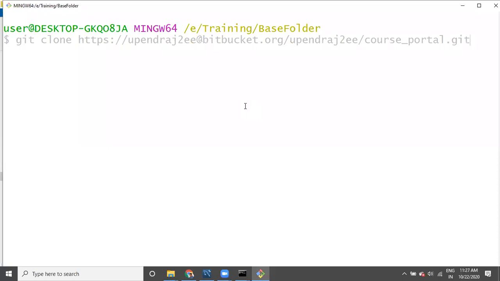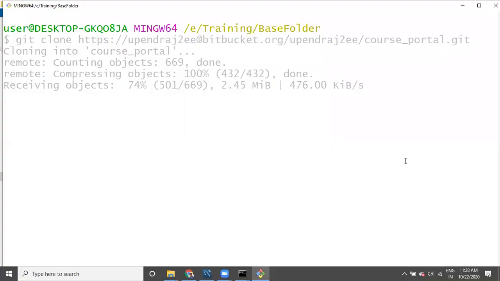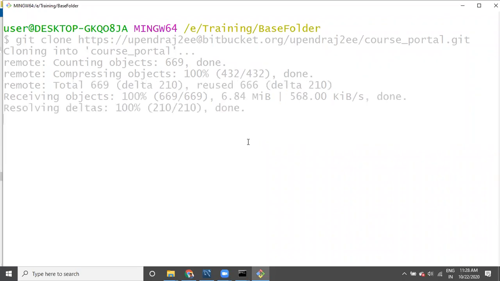But when you are doing it the first time, it will prompt you to ask for the username and password. If I am the new person and I receive the username and password from the manager, I have to do all these steps.